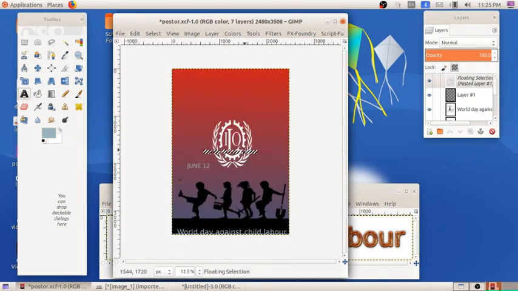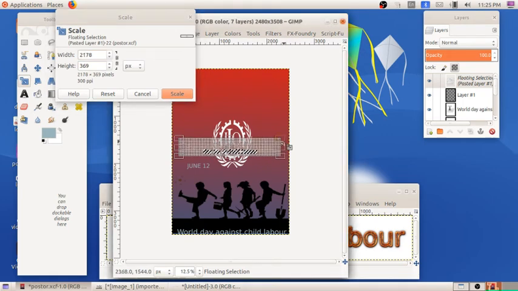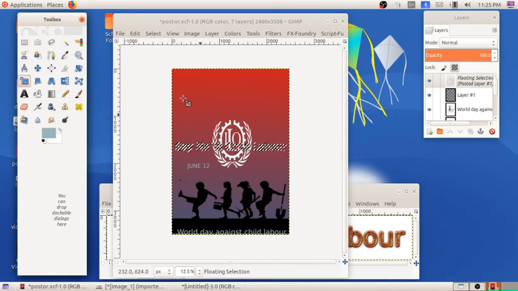So here it came. Next we have to scale the size. Using the scale tool, I am increasing the size. Okay. After that I have to move the logo here.